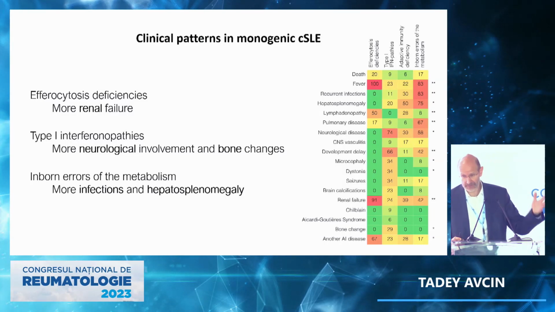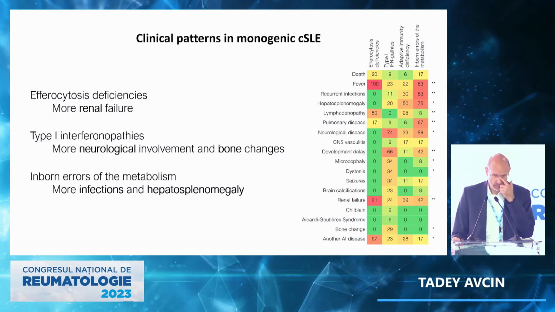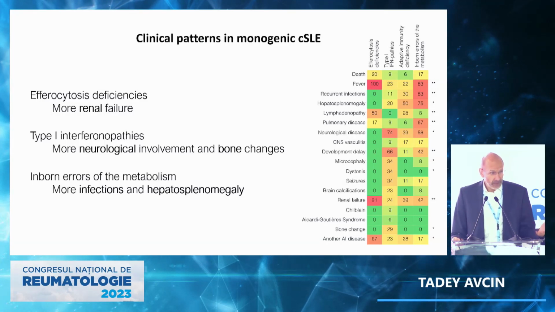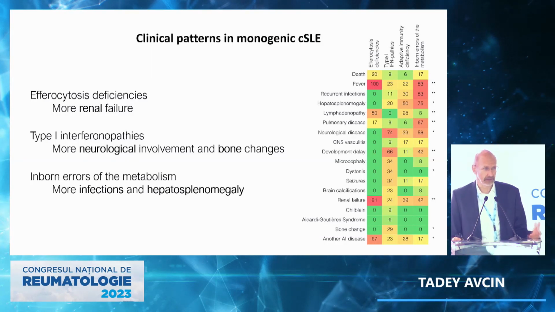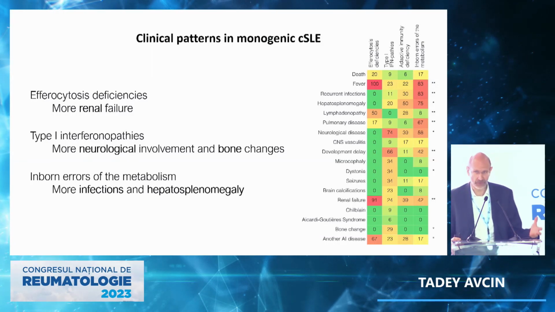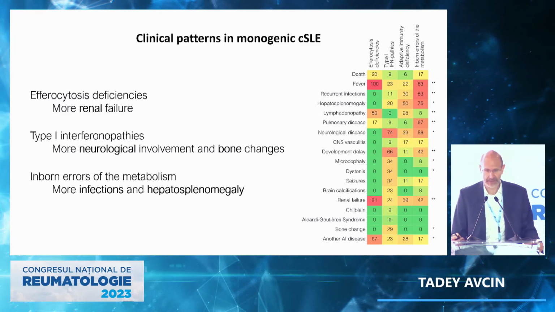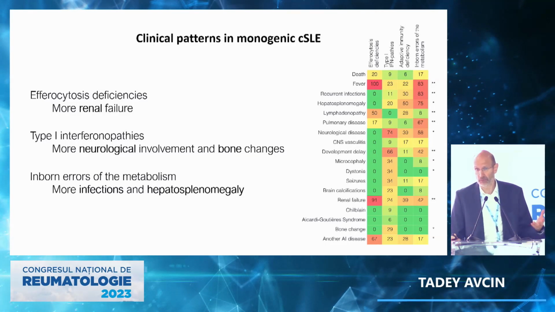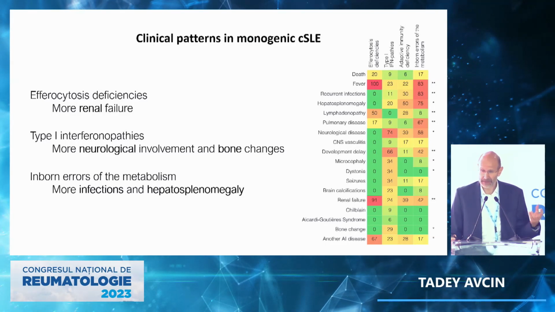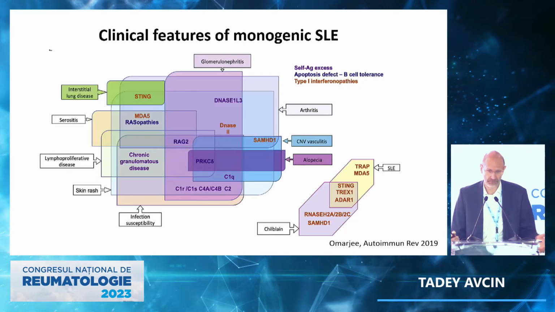Two of them had end-stage renal disease. We are considering renal transplantation in one of those patients. In type 1 interferonopathies, the neurological involvement is very common because interferons actually are devastating for development of our CNS. And those that have underlying inborn errors of metabolism have more hepatosplenomegaly and more infections, because these are mainly metabolic